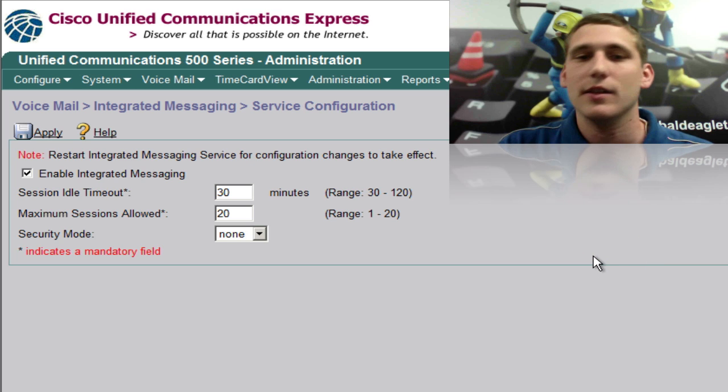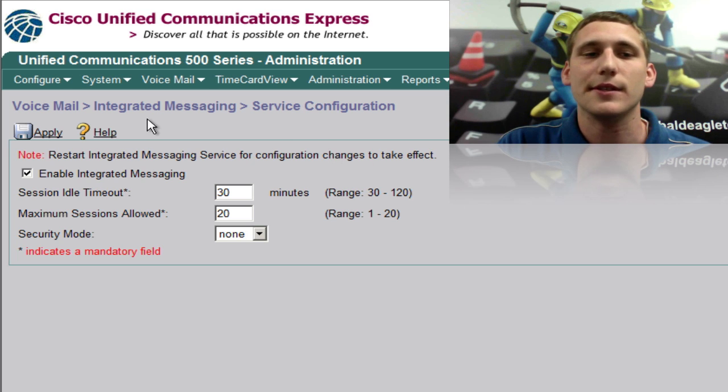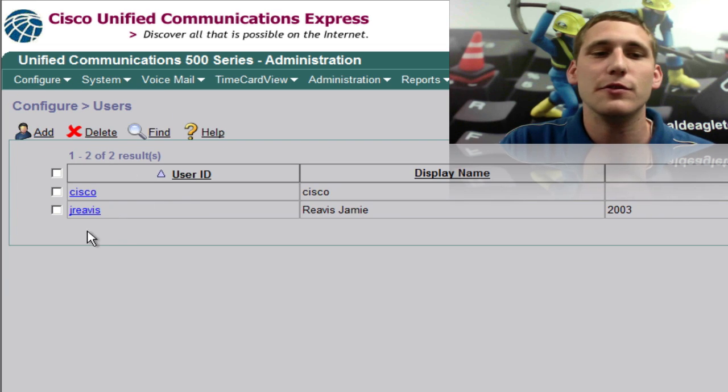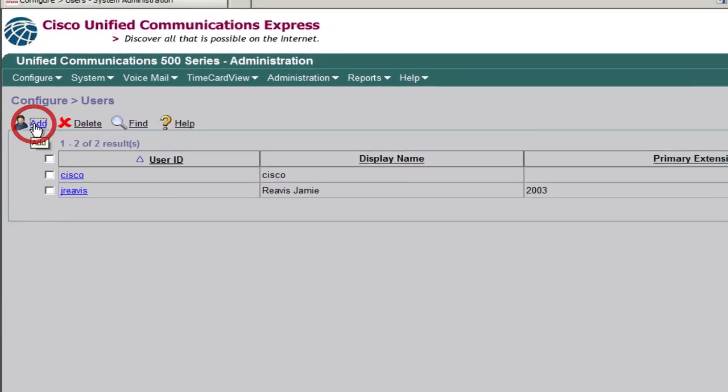So our next step is to ensure we have a user account created for each user you want to have their voicemail in Outlook, or in their email box. So to do that, we'll go to Configure, and then Users. Now you might have your users previously created and you can just browse into your user and create a password, but in this instance we're going to go from beginning to end, so we're going to create a new user. So we'll select Add,